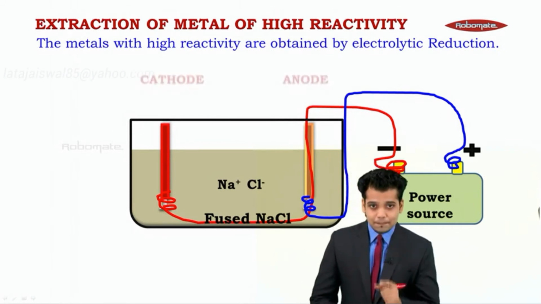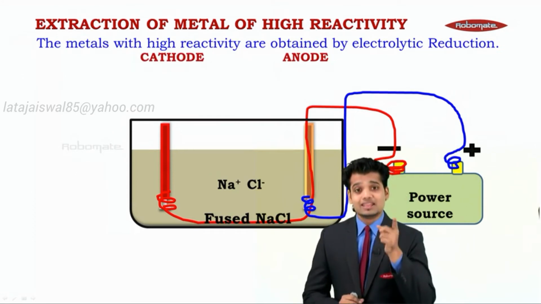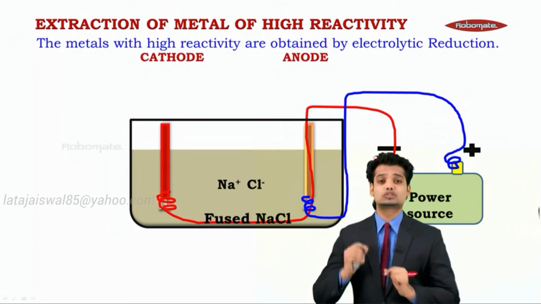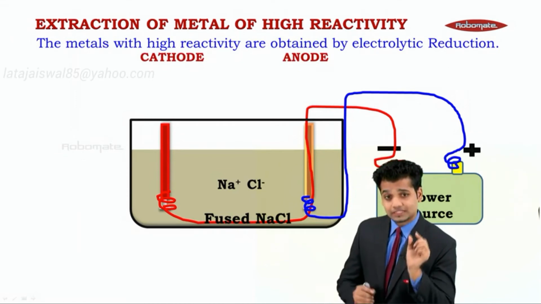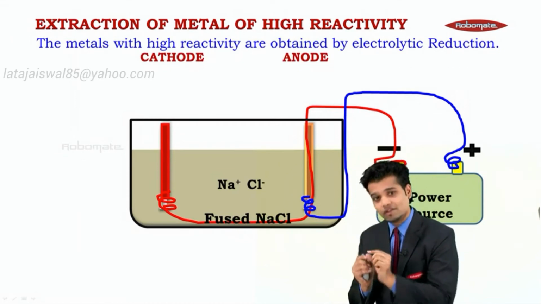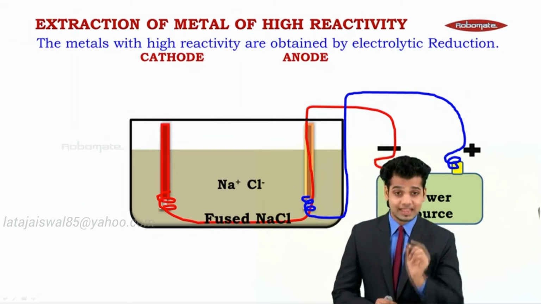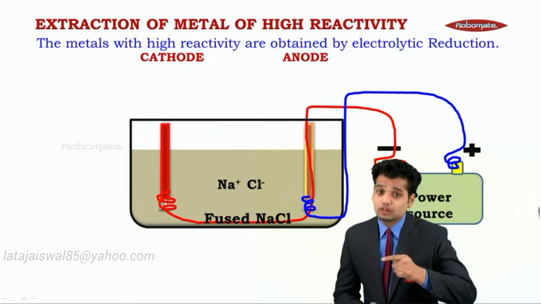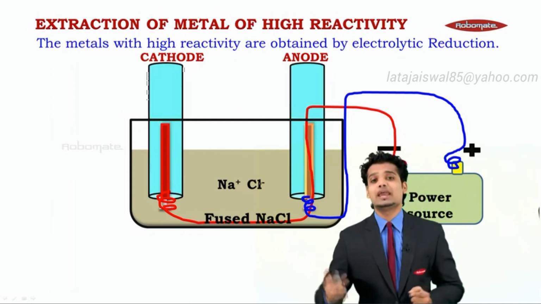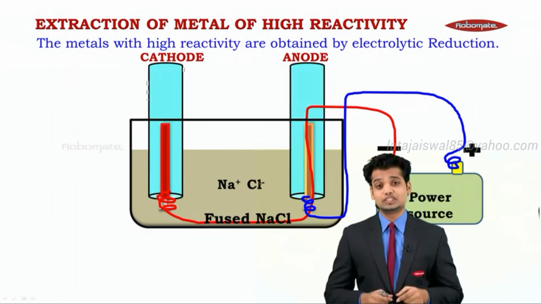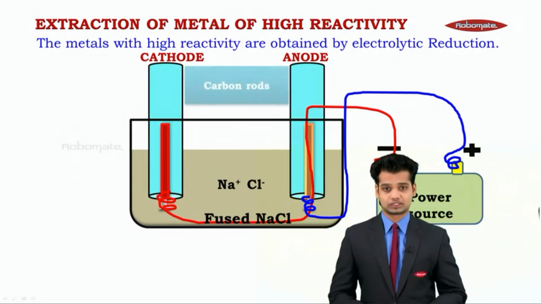Yes. So what happens when I start the electrolysis process? Remember, the negative electrode is called the cathode. Why? Because the cation, that is positive, is attracted towards the negative, and the negative is attracted towards the positive. Negative is anion. The anion goes to the anode. Positive is the cation. Cation goes to the cathode. So we've kept a test tube so that there is no mixing of the final products.